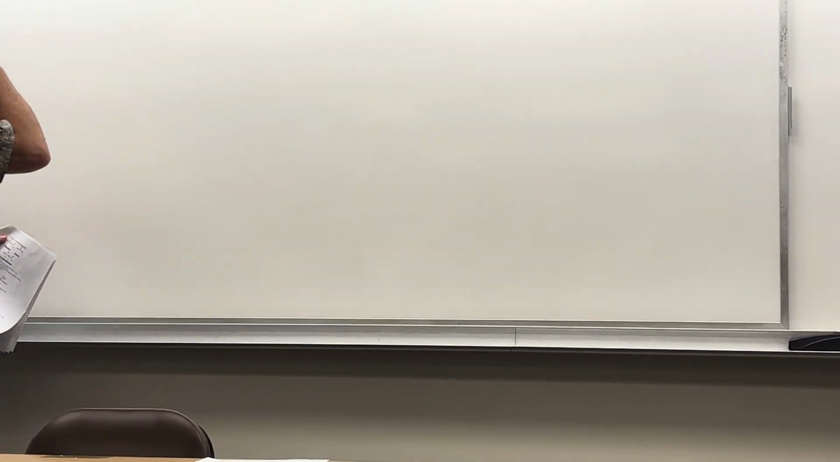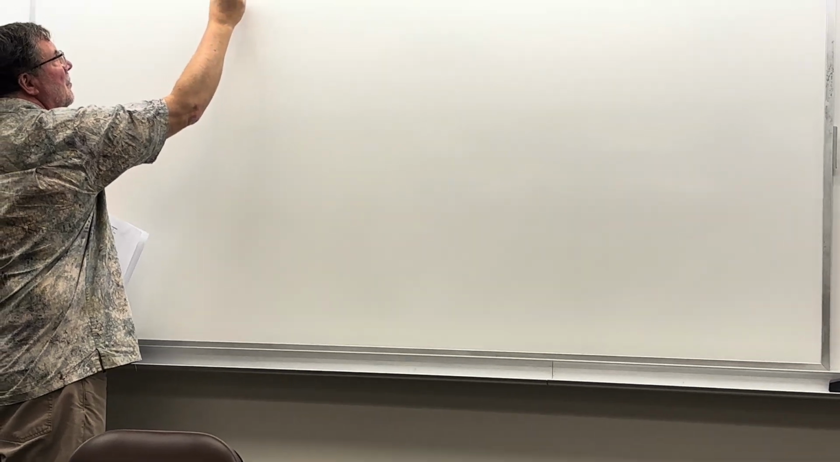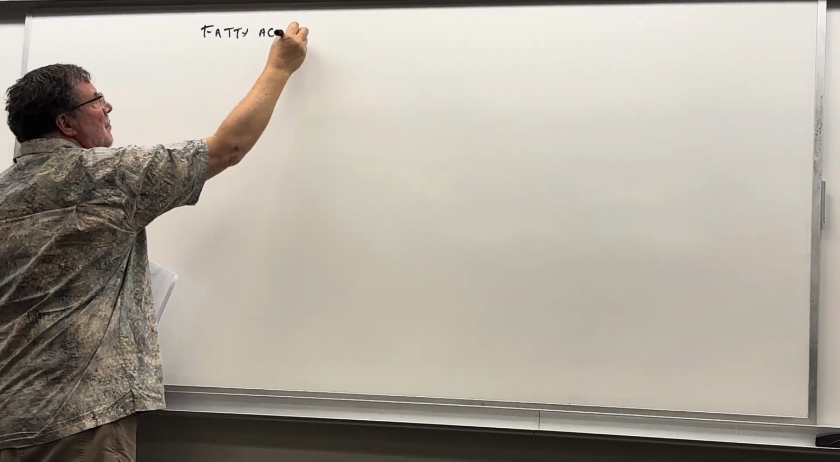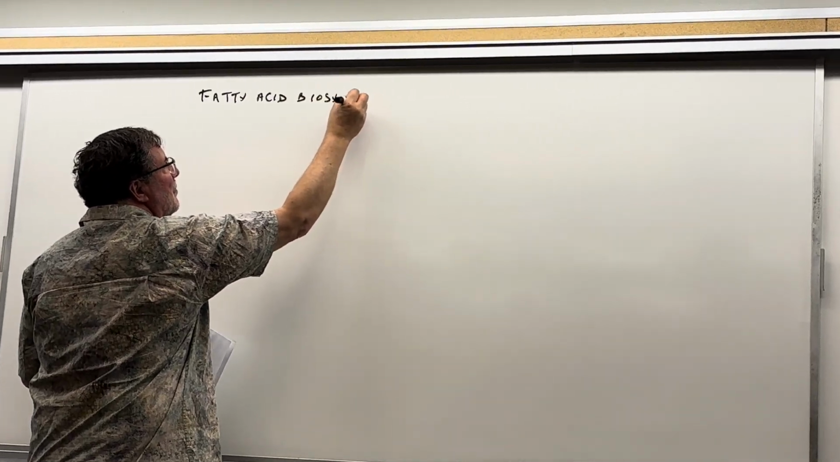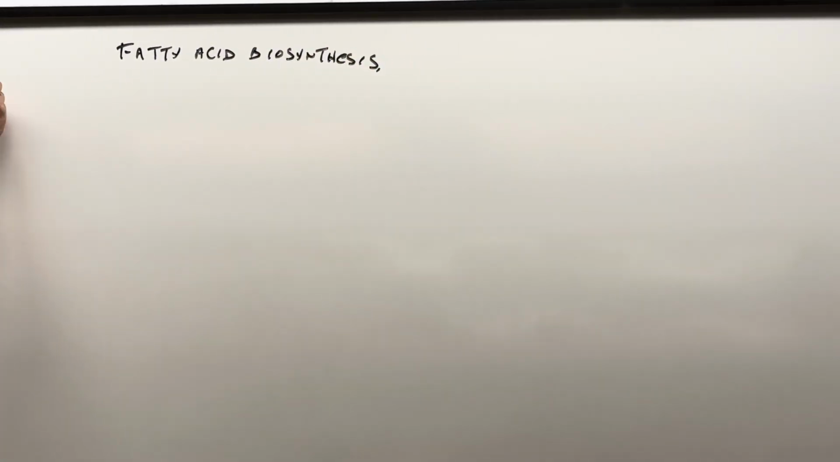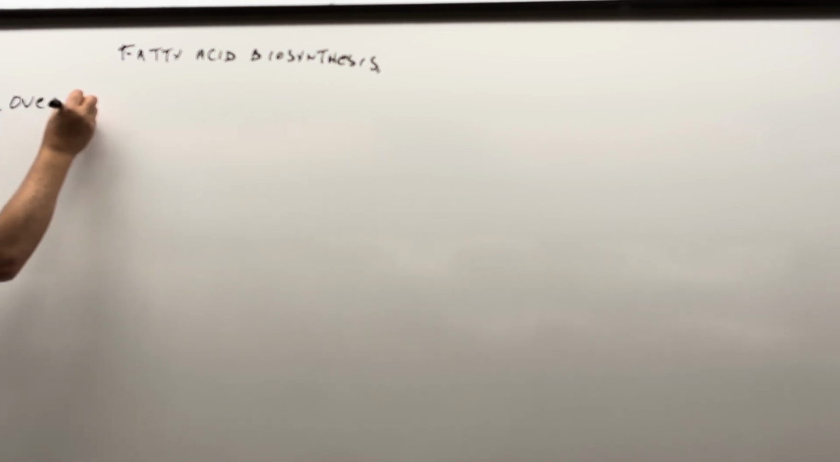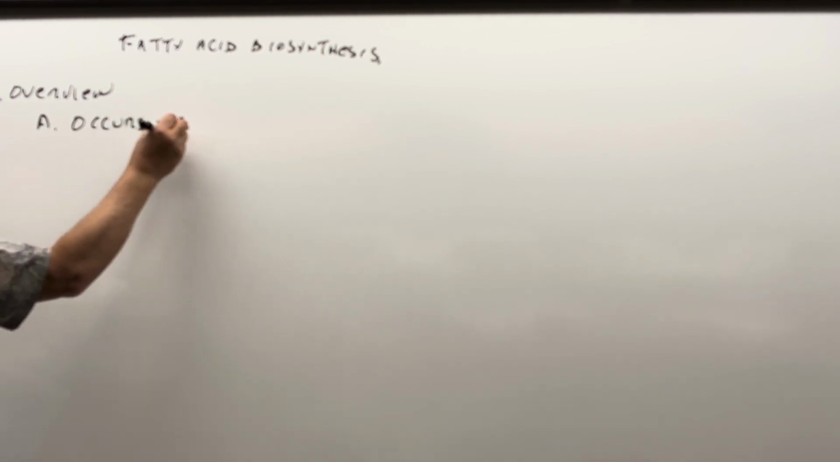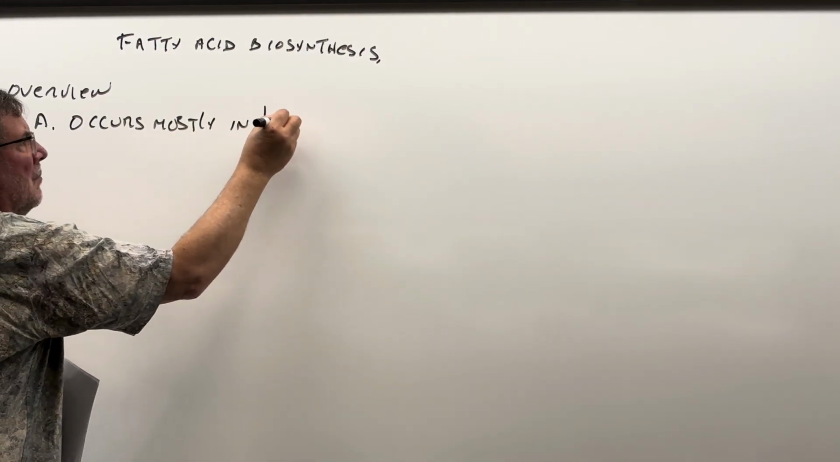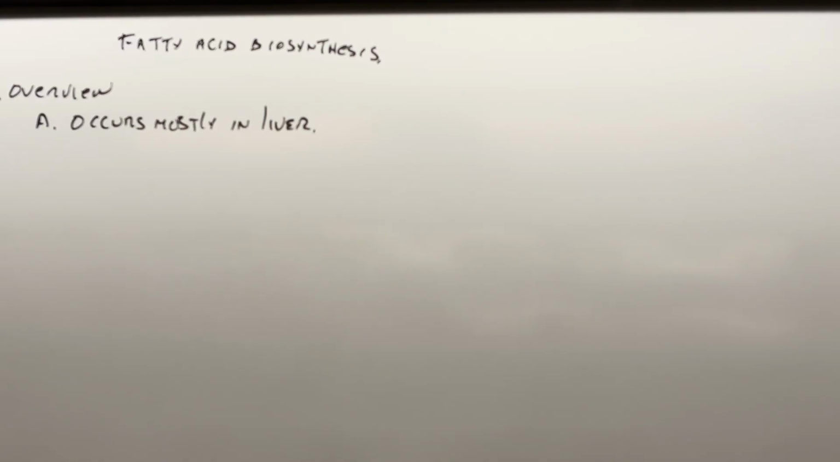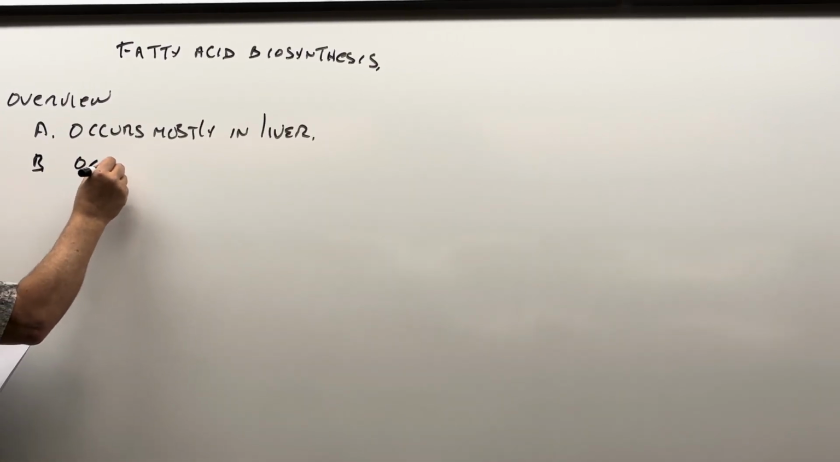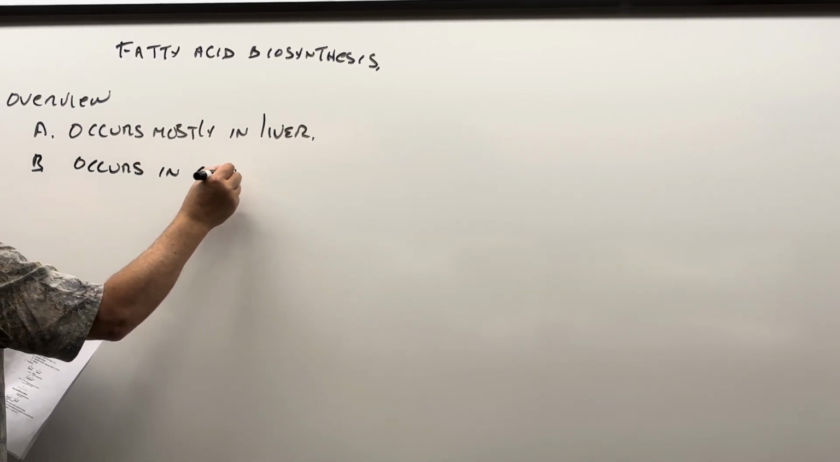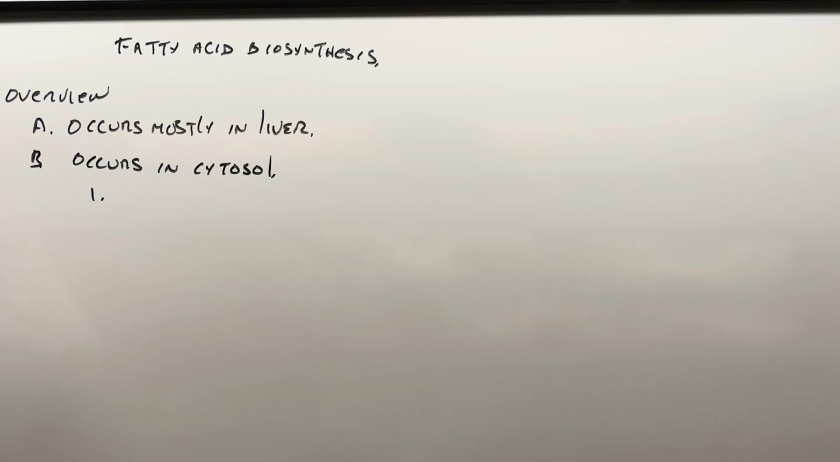Okay, so this is fatty acid biosynthesis. And let's see, I'll summarize some of those things in the overview. First, we'll say it occurs mostly in liver. Secondly, it occurs in the cytosol. And I guess a subpoint of that is that